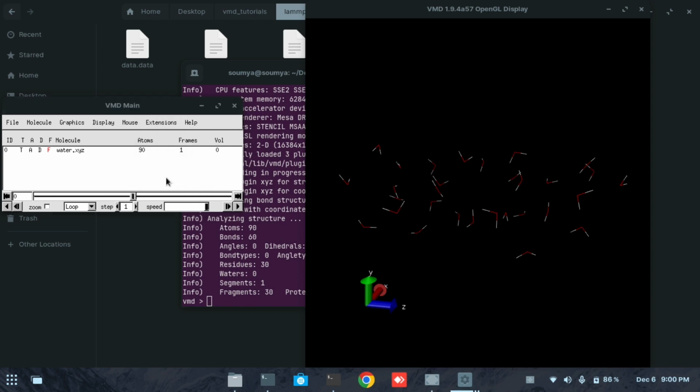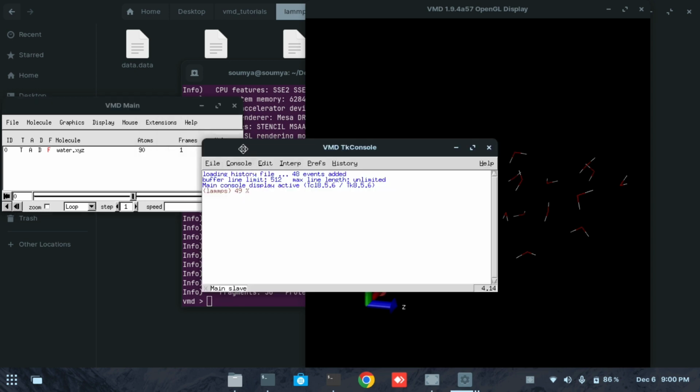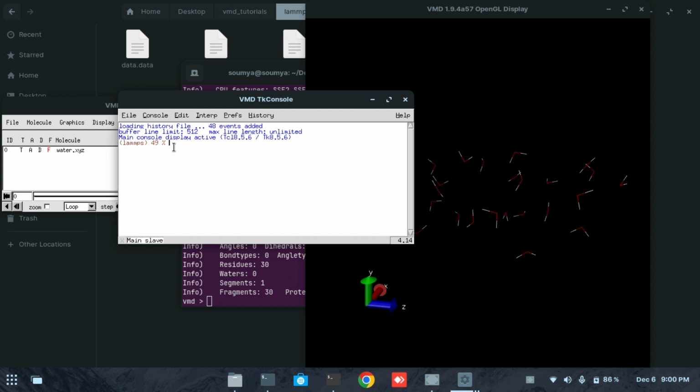The first thing we have to see is that before writing this data file, we need to set the PBC box criteria for the same file to which you want to write the data file for LAMMPS. So now I am setting this PBC set. Here I am using values which say how the box is elongated along the different directions, like X, Y and Z. You can give any values for your convenience.